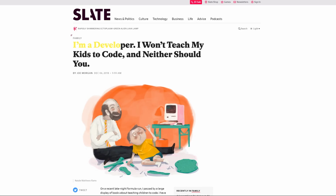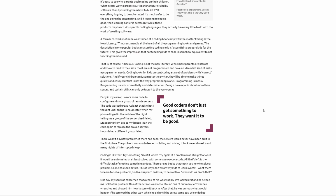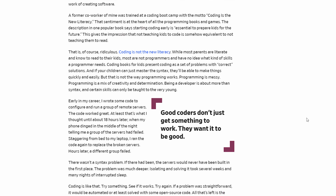To answer this question, let me pull up this interesting article that I came across. Software engineer dad wrote this article and it says, "I'm a developer, I won't teach my kids to code and neither should you." Let's see what this is all about. Now here, the dad mentions that coding is not the new literacy. You might have heard many people say that everybody should know how to code, this is the new literacy, but